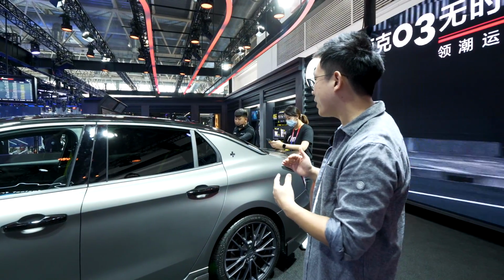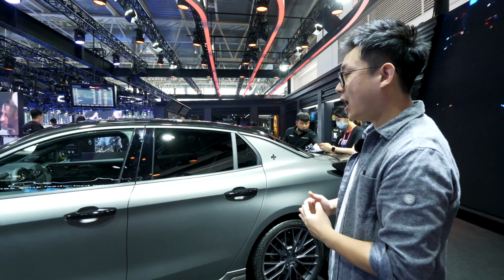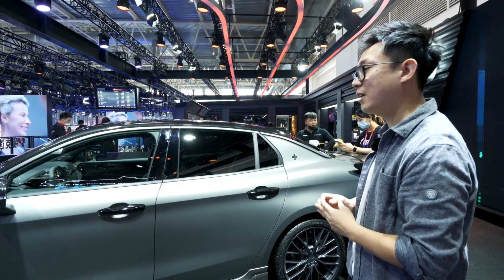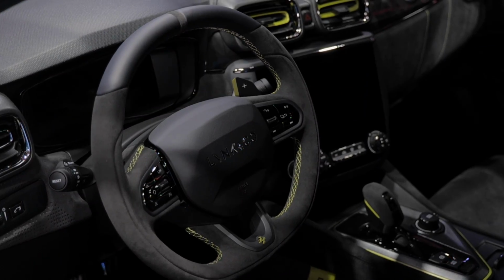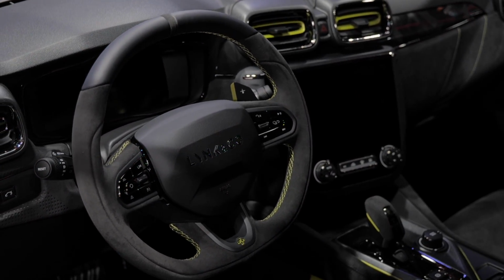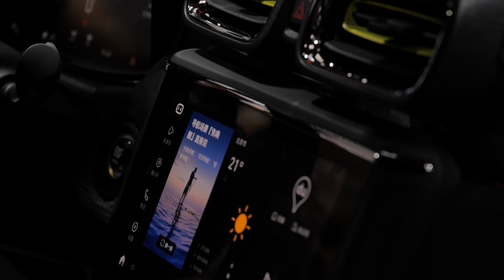Look at the metallic gray paint. Look at the carbon fiber spoiler and the skirts. It looks like a heavily modified car on the road, but actually everything you see is from the factory. And if you look inside, it's Alcantara everywhere, it's sporty elements everywhere, and all the comfort configurations, you name it,